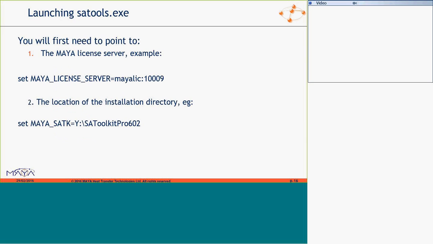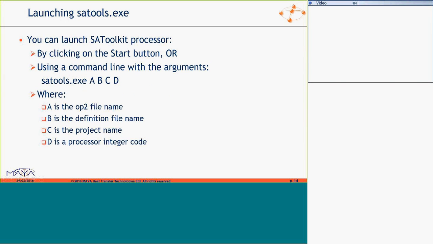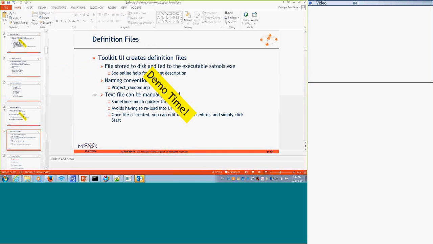If you're going to do that manually, you have to do it in the shell, because you can do this on Linux as well. The syntax I'm showing here is for a Windows command tool, but this can be run off the Linux shell. You need to set the license server and the location of the installation. So, let me give you a small example.